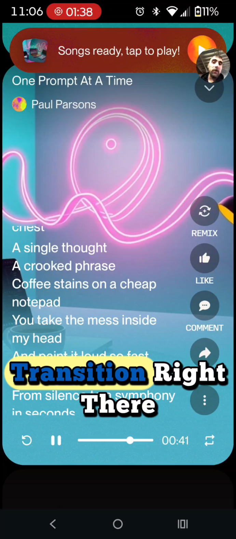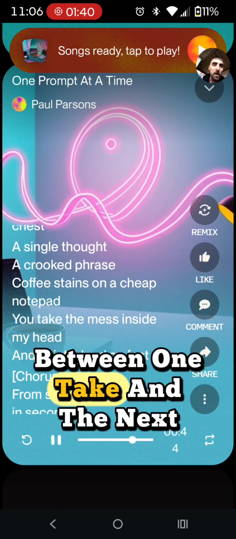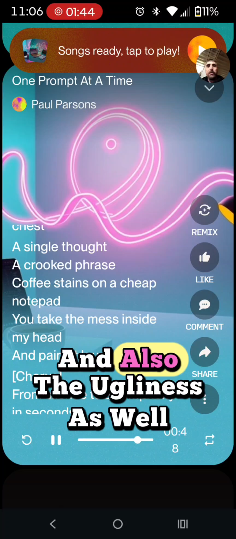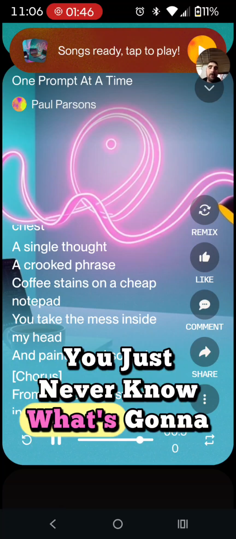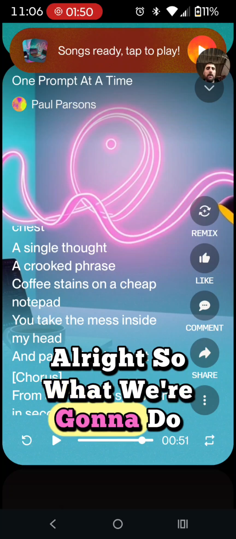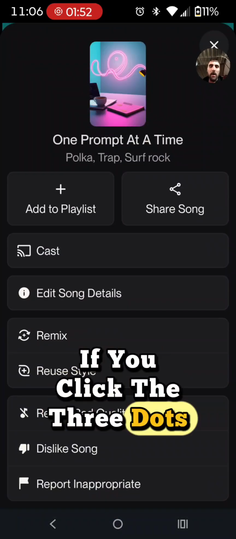So that was a much better transition right there. You see the difference between one take and the next. You just never know. That's the beauty of AI and also the ugliness as well. You just never know what's going to happen. All right. So what we're going to do now, if you click the 3 dots at the bottom right there,